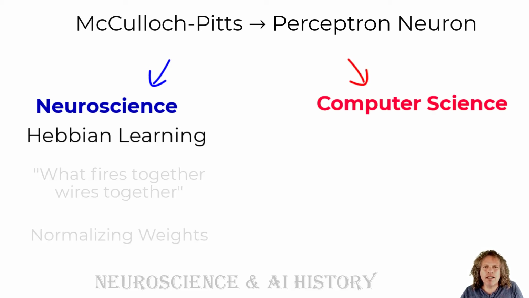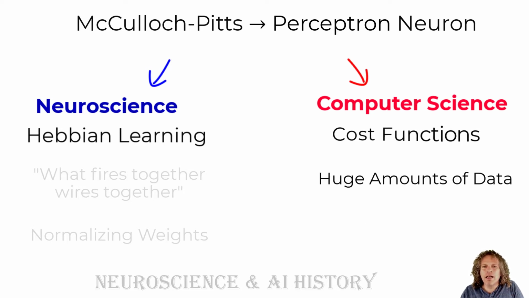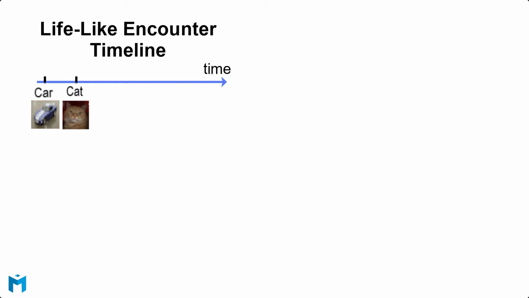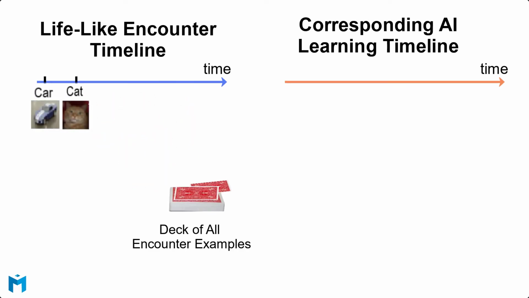So within computer science, more complex algorithms with mechanisms such as cost functions were designed, creating AI with weights that do useful work. This approach has been successful and allows computers to do amazing things, but learning through cost functions is not as flexible as the brain. It requires huge amounts of data and requires patterns to be presented in certain ways that are not natural. It is not possible to learn data in a lifelike way, in which it appears within the environment, as a human can. Instead, data has to be effectively stored, shuffled, and randomized like a deck of cards by casino dealers